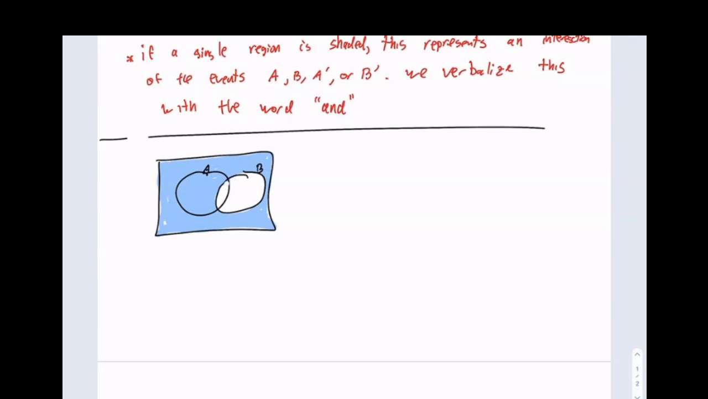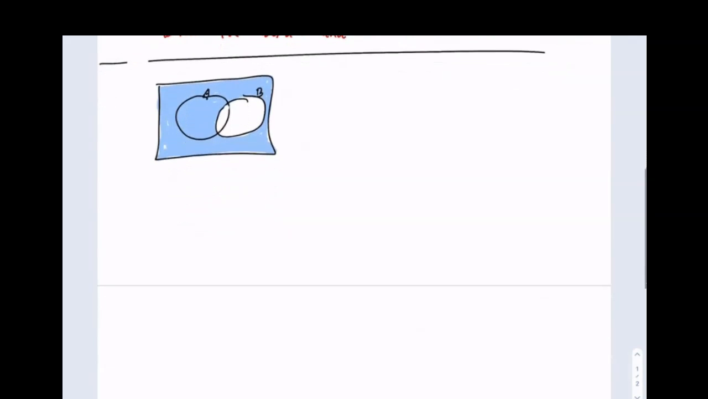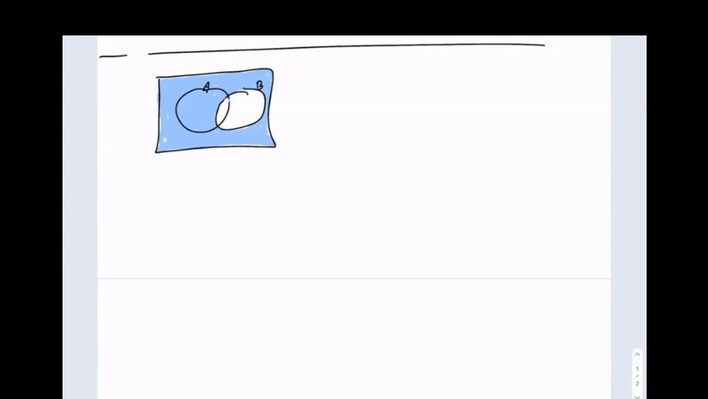All right, so the question here is, are we talking about two events here, or are we talking about one event here? Let's first get to that understanding. Yes, there's two events in the Venn diagram, but does the shading, in terms of a verbalization of the description,